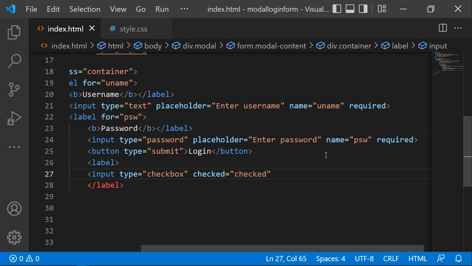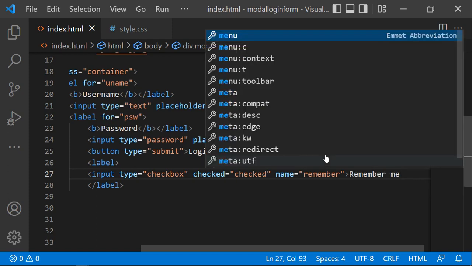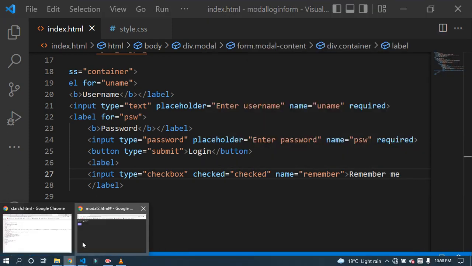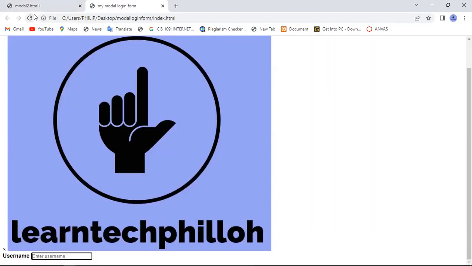Then after that you'll have the name. You can say that this is remember. Then you also have to write remember me. Right, so come back to your browser, click here and refresh. You see now you've inserted your username, the password, the login part, and then also the remember